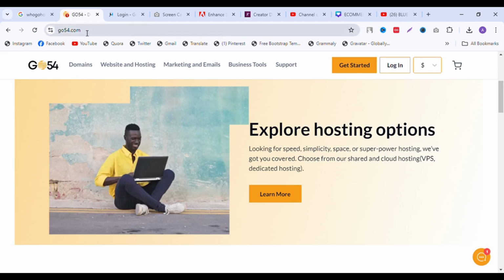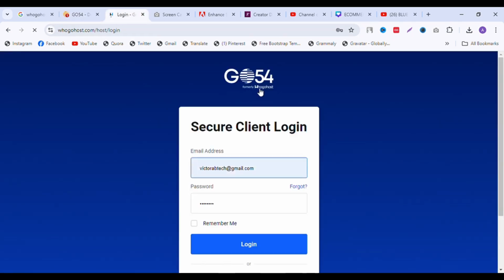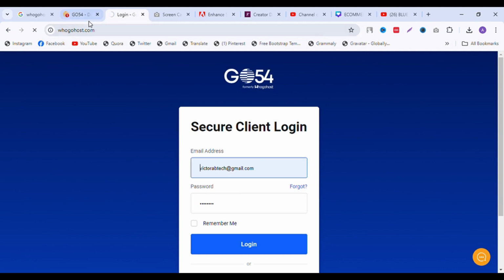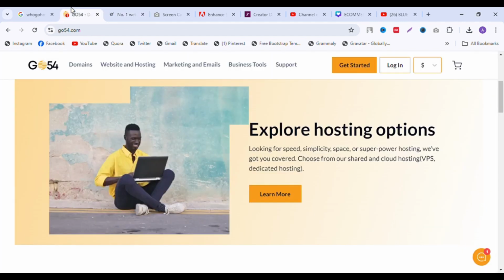The reason, I feel, is that they were losing customers because they changed the domain name, and it was not as popular as they expected. So let me go to the home page. They were losing customers, so they decided to switch back to Whogohost. But anyway,